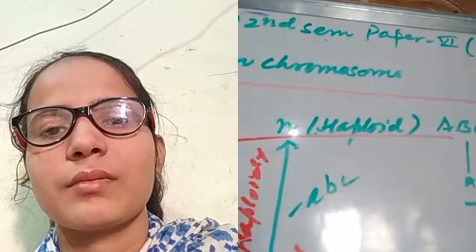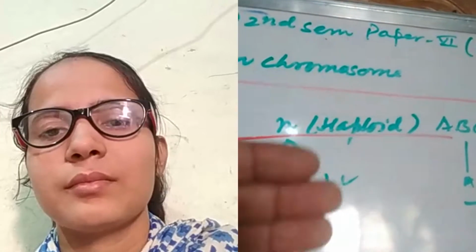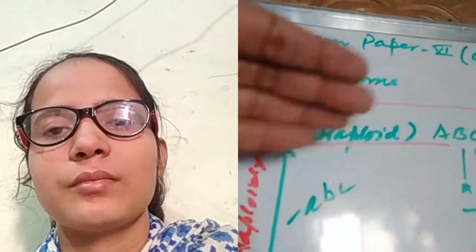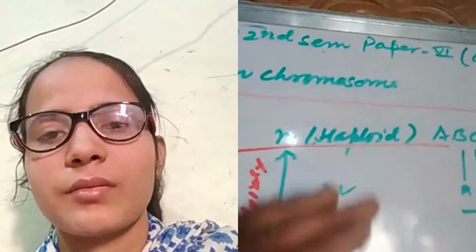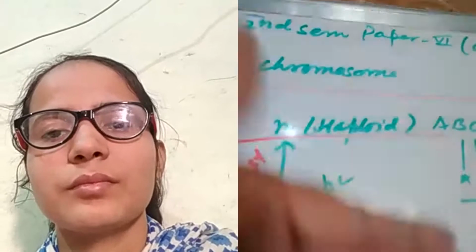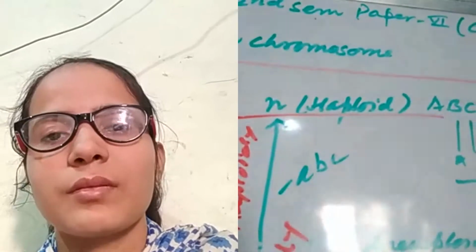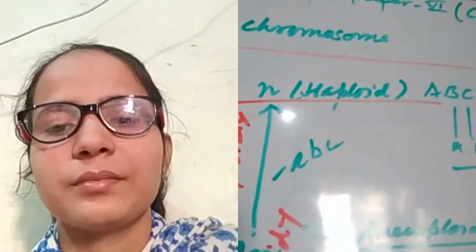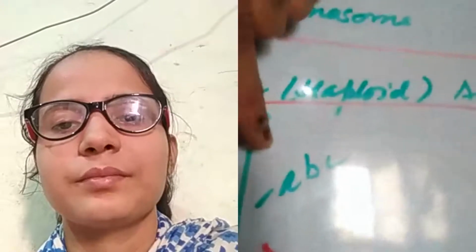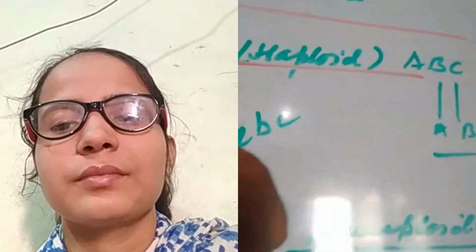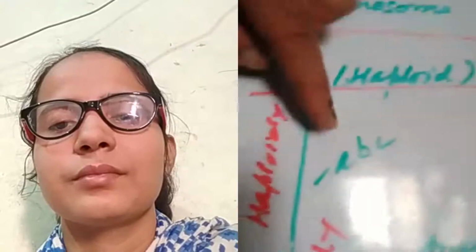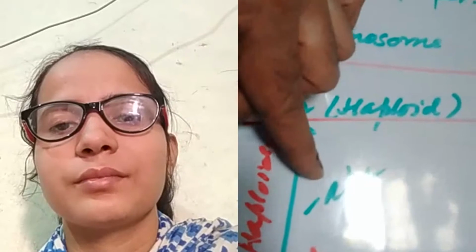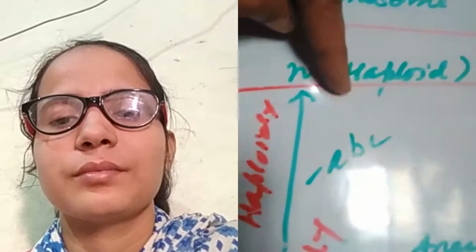Suppose that this is a diploid number of chromosomes. If all three chromosomes from the paternal side or the maternal side are lost, one set of chromosomes constitutes all three chromosomes from the paternal side and all three from the maternal side, as per this example where I have taken 2n equal to 6. So if these three chromosomes, small a maternal chromosome, small b maternal chromosome, small c maternal chromosome, constitute one set, and this one set is lost from this normal diploid chromosome complement, what will happen?